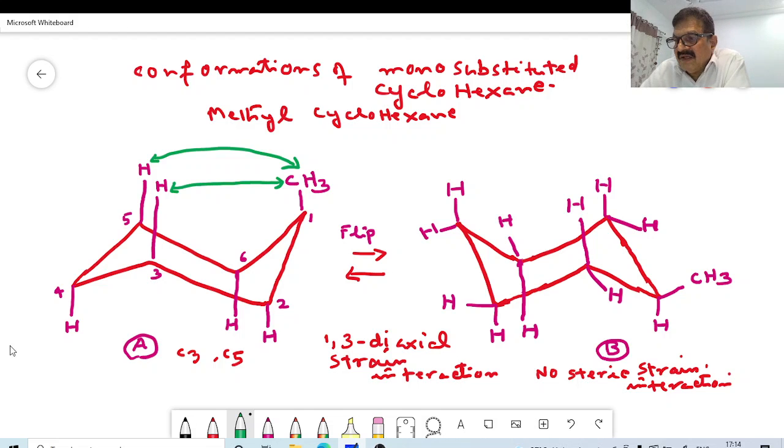In the case of conformation B or conformation A, whatever it is, the hydrogen atoms do not have that kind of an electron cloud here. Compared to the methyl group, the electron clouds of hydrogen atoms are much smaller. Therefore, on the bottom of the ring, we have only hydrogen atoms, and therefore there is no strain interaction. Okay, this is the principle of 1,3 diaxial strain interaction. That is, the axial hydrogens at C3 and C5 on the chair conformation will have an interaction with the methyl group as shown here. That is 1,3 diaxial strain interaction.